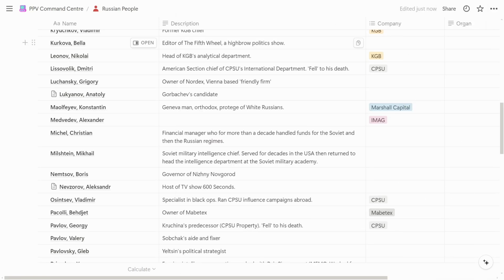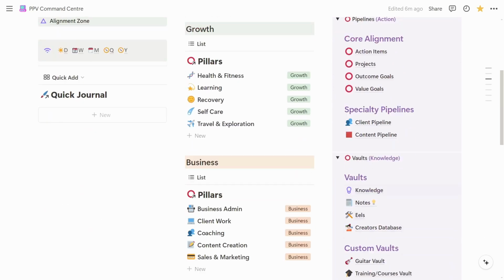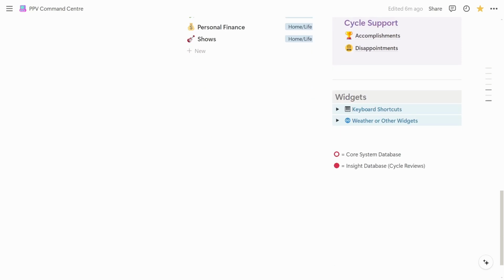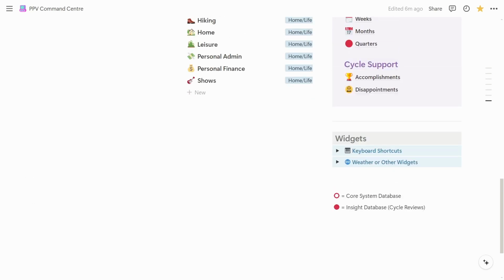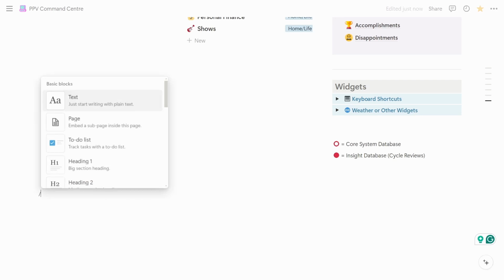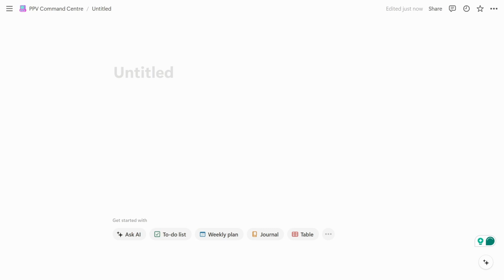So we've put the guy in. Let's go back to the home page. And you can see under custom vaults, we don't have a database for institutions. So let's create that. So I'm going to go down here to a blank bit of the page. I'm going to hit the / key to bring up the blocks. And I'm going to create a subpage. And that's going to be called